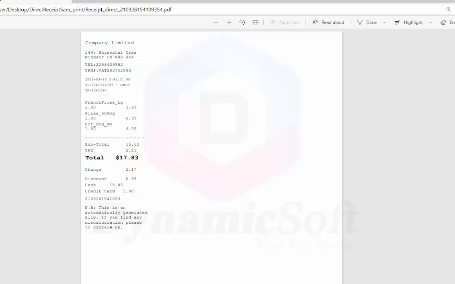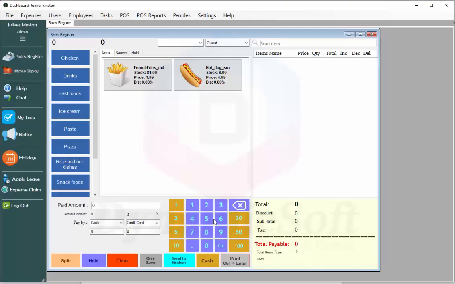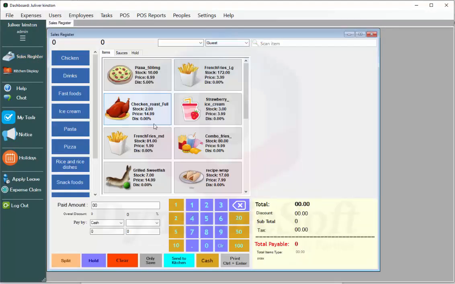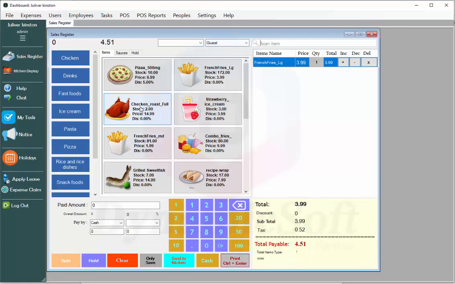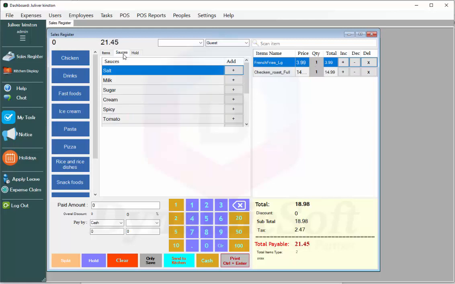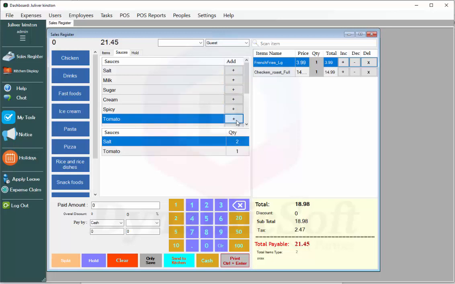Here we don't have any source item. So how do we add a source item? We can also add a source item. Let's say this one is a franchise. So we can add salt here and tomato sauce. If you need 2 spoons of salt, you can press and it will increase the quantity. And another is tomato sauce, 2 tomato sauce. Okay, and then press